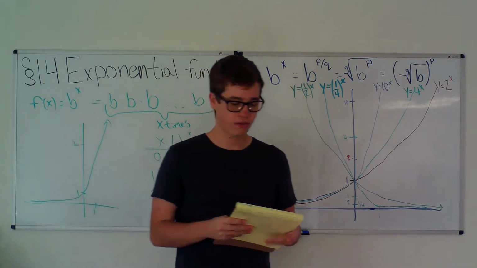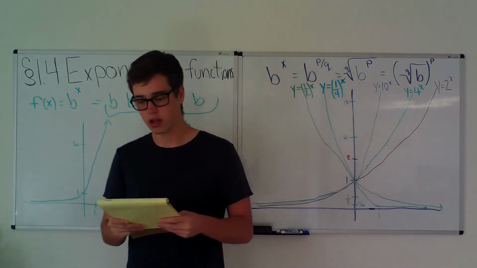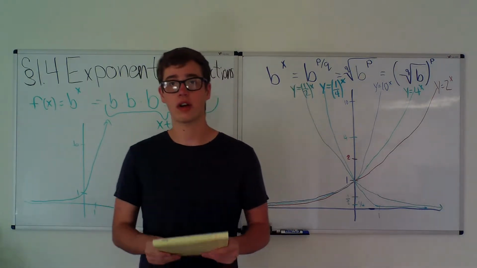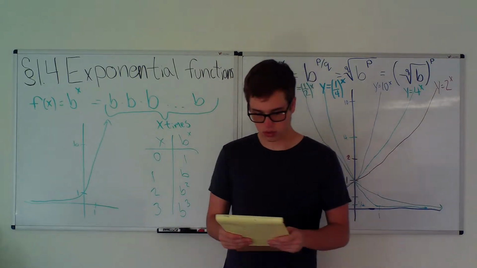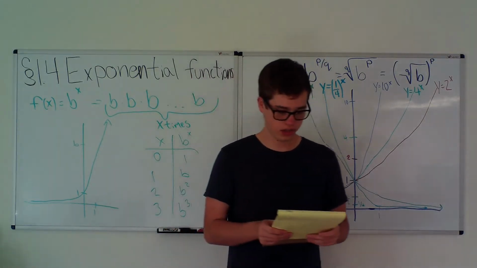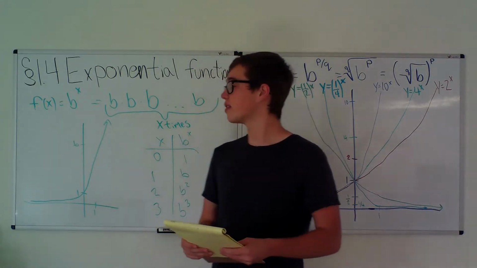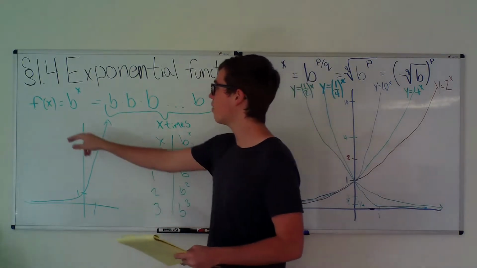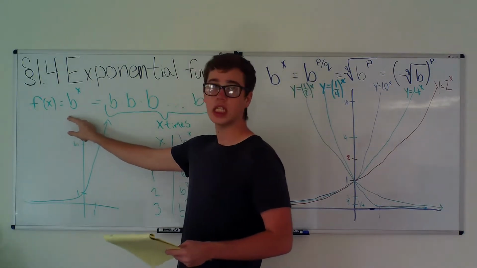Today we're going to be doing the fourth lesson of single variable calculus. We're going to be covering section 1.4 Exponential Functions. So what is an exponential function? Well, it is a function in the form f of x is equal to b to the x, where b